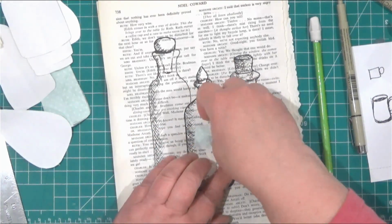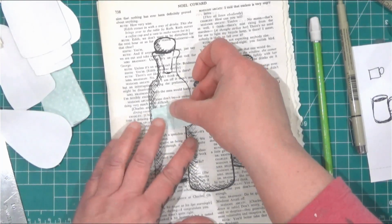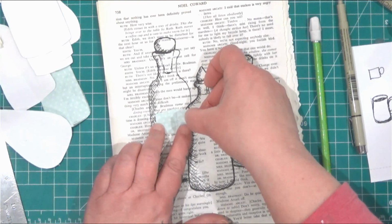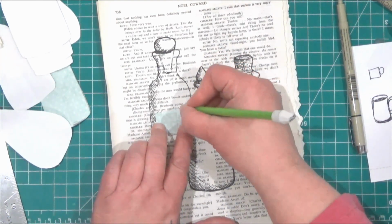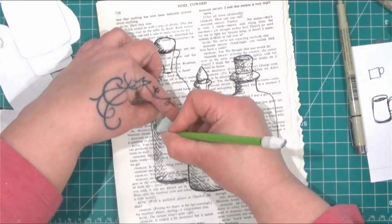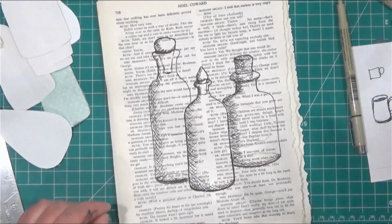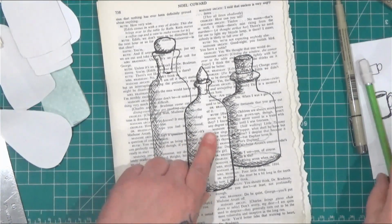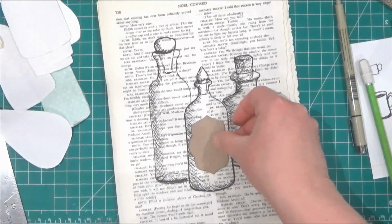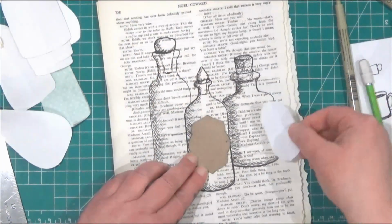Okay, and this one, maybe this one's going this way. Nah, that's too skinny. Maybe this one goes on this bottle back there. Yeah, I think I'll put this one on this bottle back here. This front bottle, maybe I want more of a vertical. Ooh, I like that. So it's the same label as that, but vertical. Maybe I need a different label just so it doesn't look